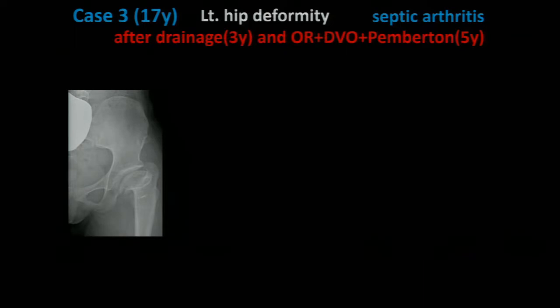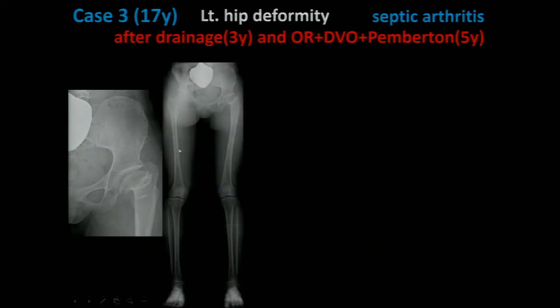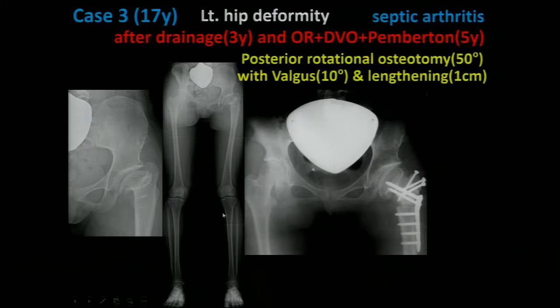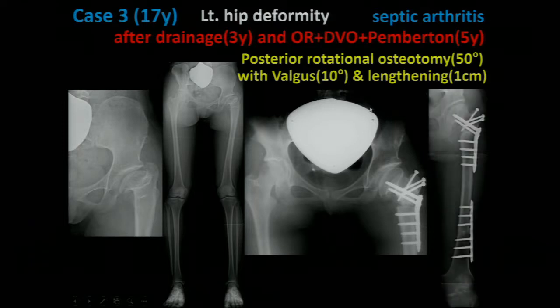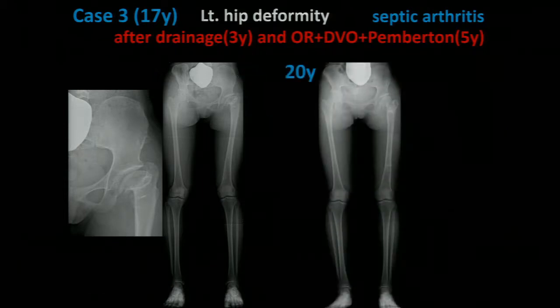After drainage and DVO, Pemberton was performed at 5 years of age. But as you can see, the deformity, an X-leg deformity. This patient had severe pain. So similarly, posterior rotation osteotomy and valgus and lengthening. As you can see, the X-leg was corrected simultaneously. So at the time of 20 years, the alignment is very good and hip congruity is